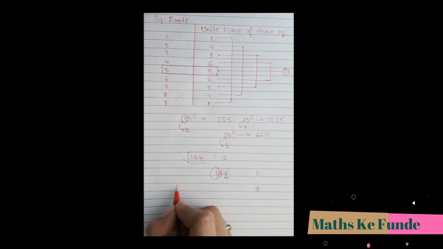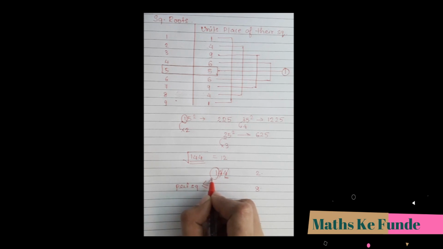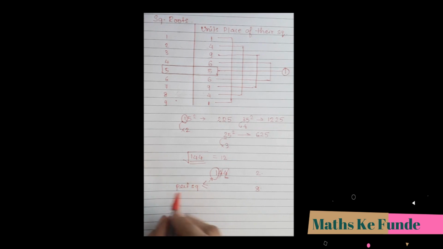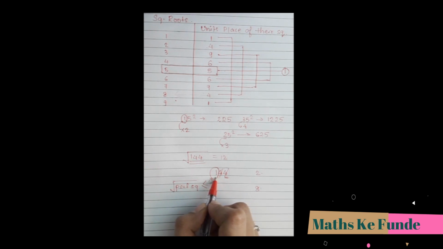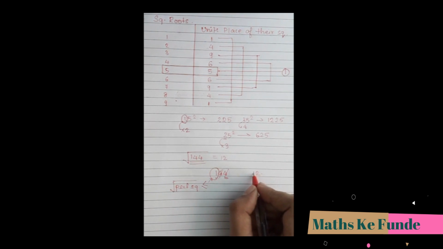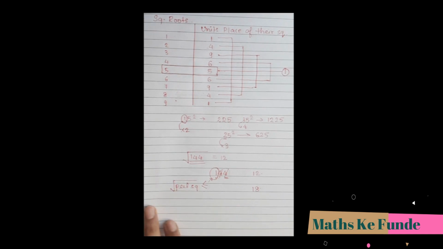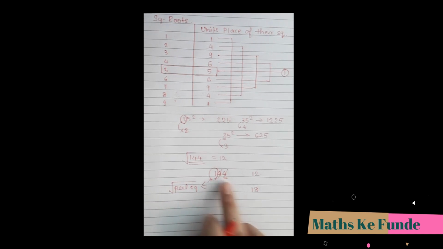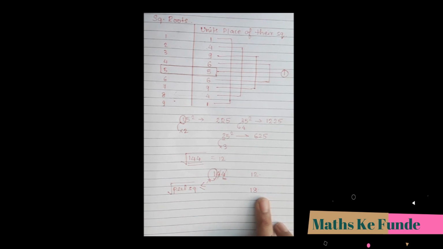Now I will be looking for a perfect square less than or equal to the remaining number, and further on, get the square root of that perfect square. So if we go with 1, any number that is less than or equal to 1, a perfect square is 1 itself. And if I take the square root of 1, obviously my answer is 1. So I can say the next digit of my square root should be 1. So the numbers which can be square roots of 144 would be either 12 or 18.